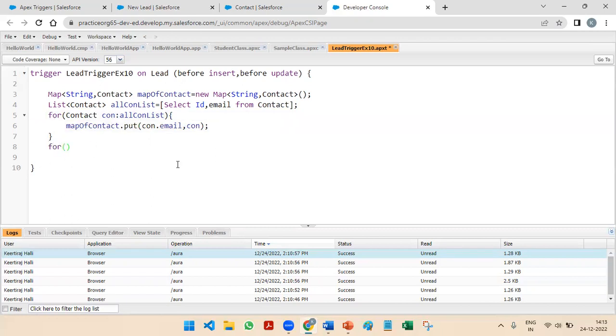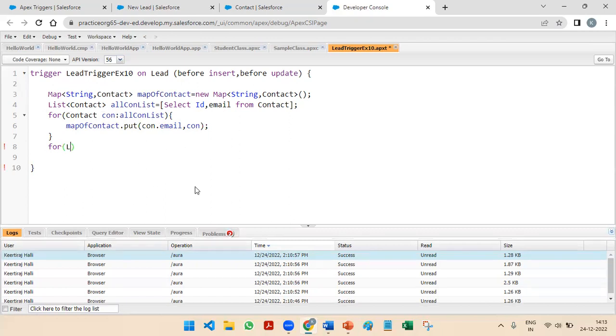Then now the part comes for iterating through the lead records, which are going to be either inserted or updated. So I will write lead L in trigger dot new. When we are iterating through this, we first need to check if L dot email is not equal to null. So when this is not equal to null, then only it has to check the condition. And as well,